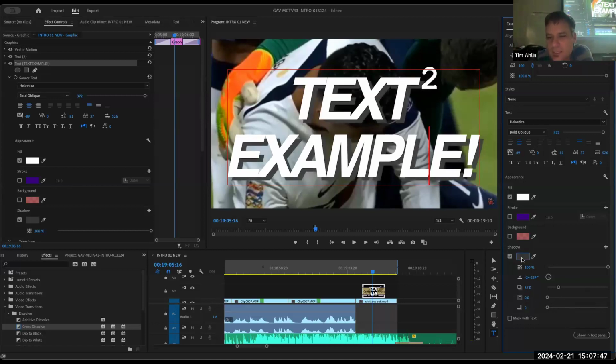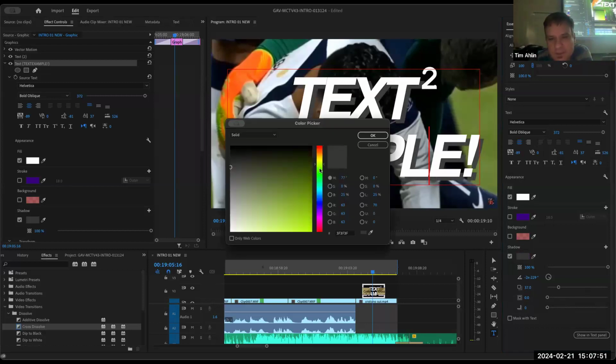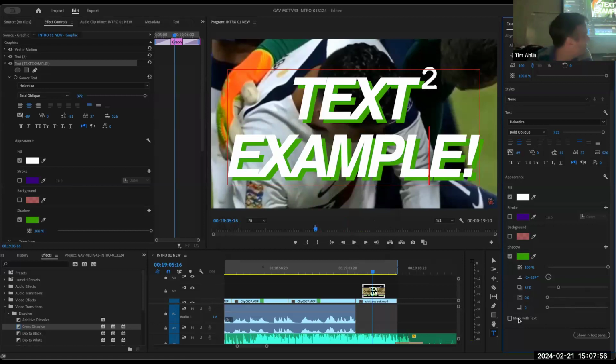So these are all elements. And guess what we can do with the shadow as well? We can choose and make our shadow a color. Ooh, doggy, look at that, looks good. All right, but let's blur it a little bit. It's pretty Shrekish. Okay, we can do that. Let's change our angle a little bit, and let's adjust the opacity. Okay, just a hint of Shrek right there.